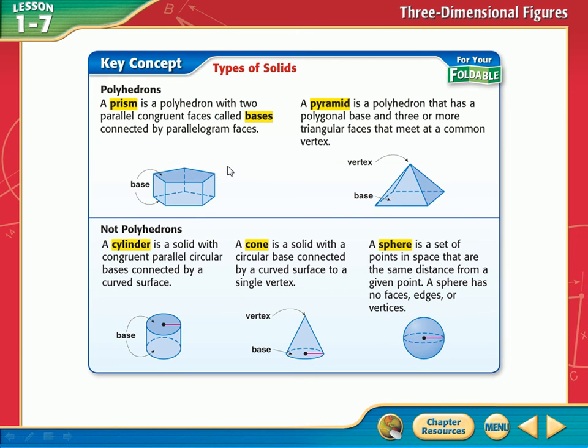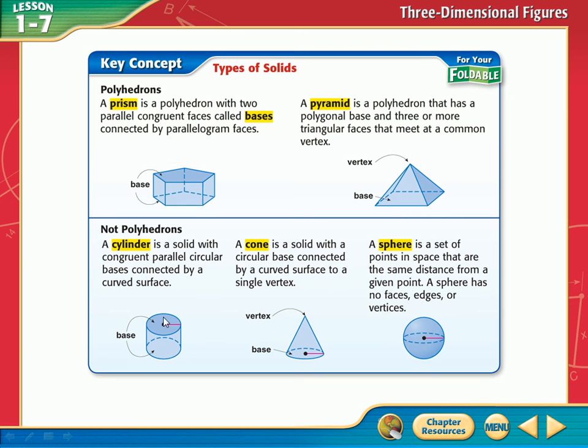Kind of like a polygon, except it's like a three-dimensional polygon. It's got some height to it. It's not just one flat surface right here. It's got some height, and it's got stuff inside there, and it's all closed up. There's no open faces, there's no gaps or anything like that. So these are all polyhedrons except the ones with curves.